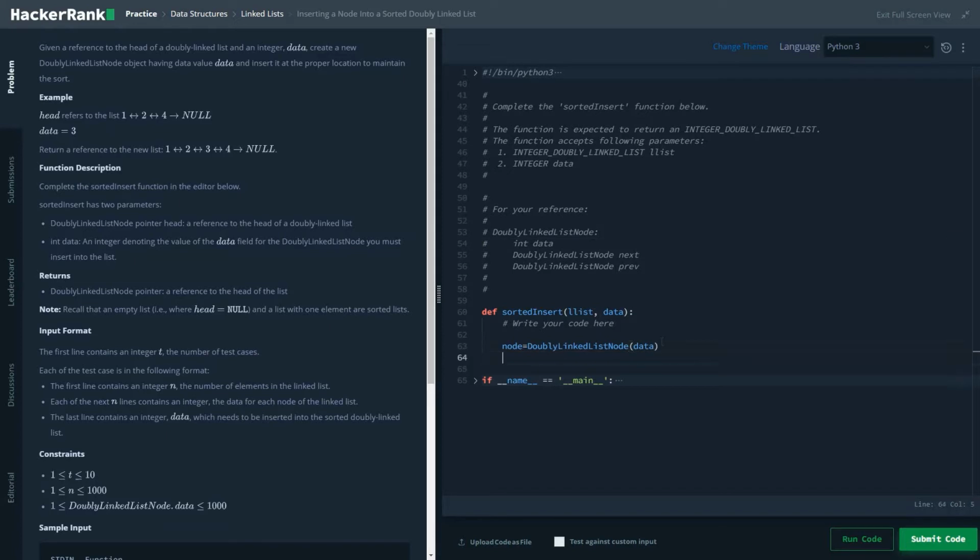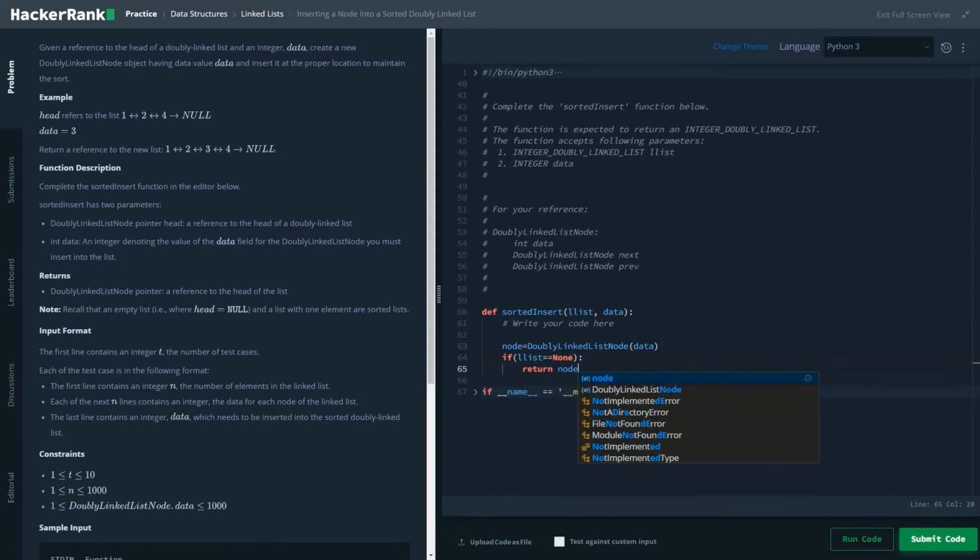Once we have done that, the first condition: what if our list is empty or basically None, then we will simply return the node.